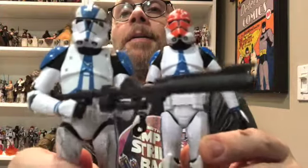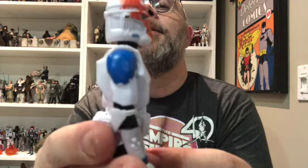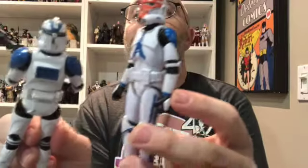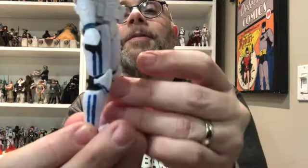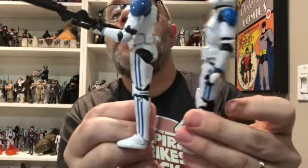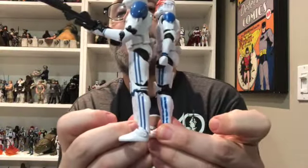Again, he's more matte too. You can definitely see how shiny he is for sure. And he is definitely more matte. But there we go. You got the blue on the shoulder pads there. You got some blue around the wrists. So we'll just keep going back as a reference. And then we've got the two stripes down the legs and some blue on the knee pads. And there you go. So where this one is very clean,